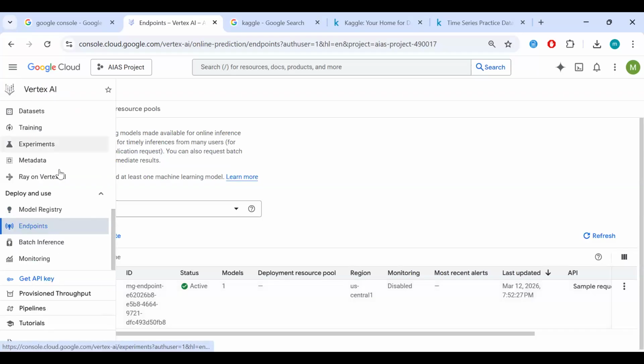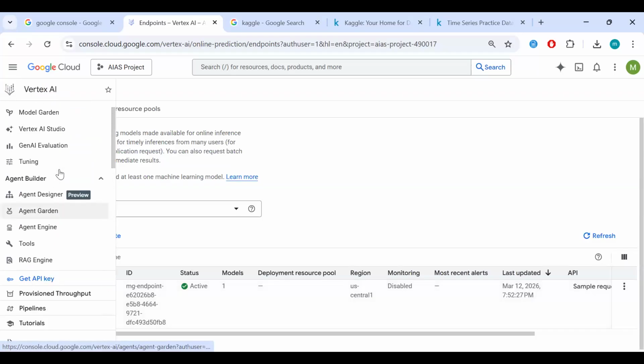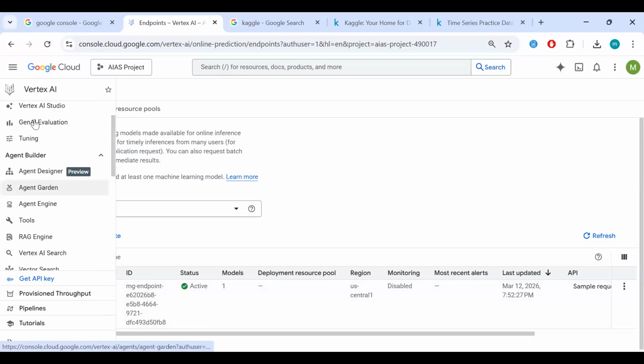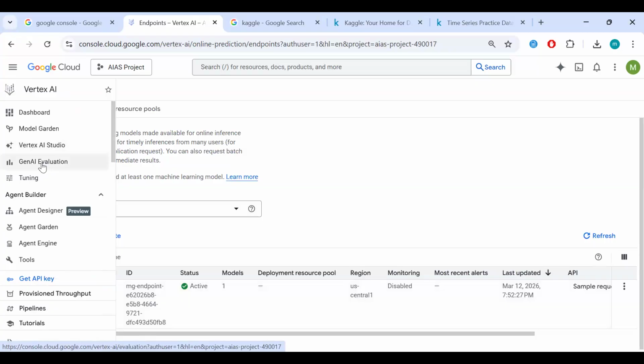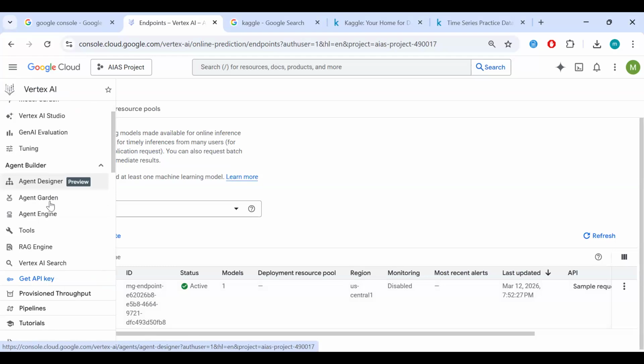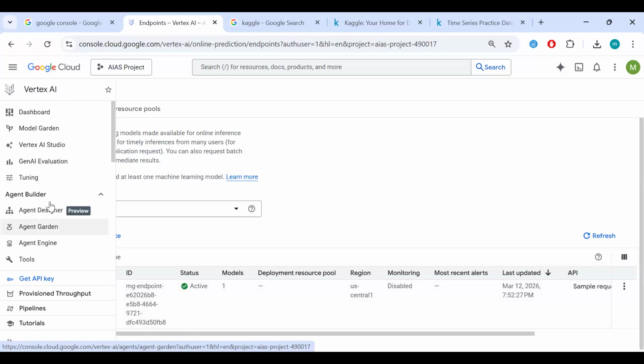So I said before we go further, I'll walk you through basically all the different sidebar elements. So we have the model garden, Vertex AI Studio. We'll come back to that. Gen AI evaluation, you use it to evaluate your models, and then this is hyperparameter tuning and the likes. Here you can design agents, right? And this is the agent garden. So like the model garden, you have a garden for AI agents already created.